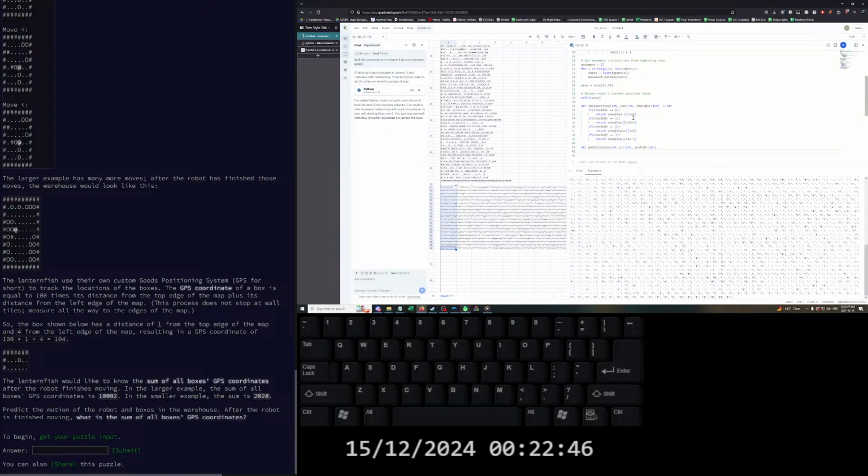Then what I'm going to do is if check direction, row, column, push direction equals, dot, then